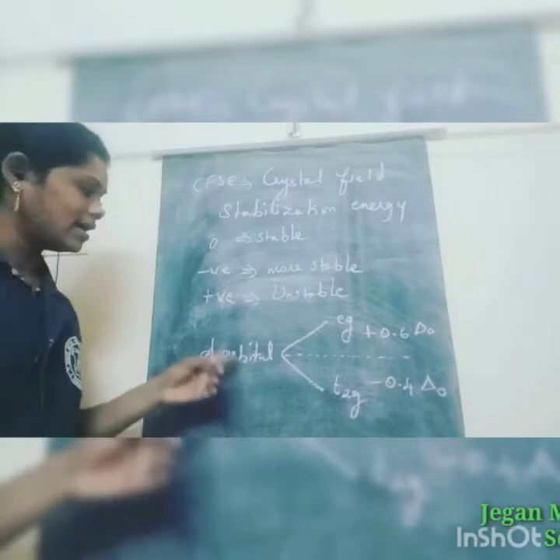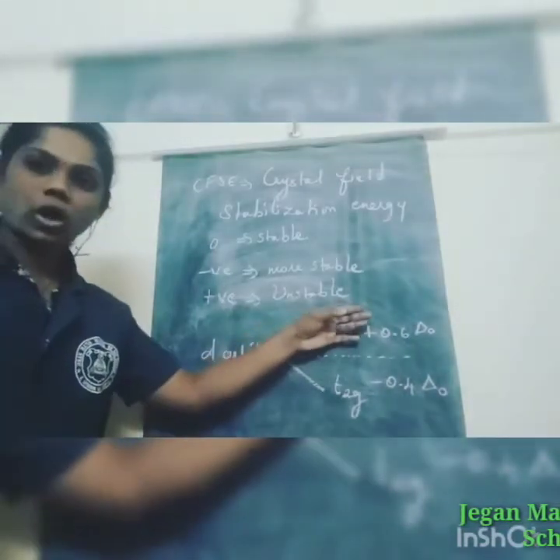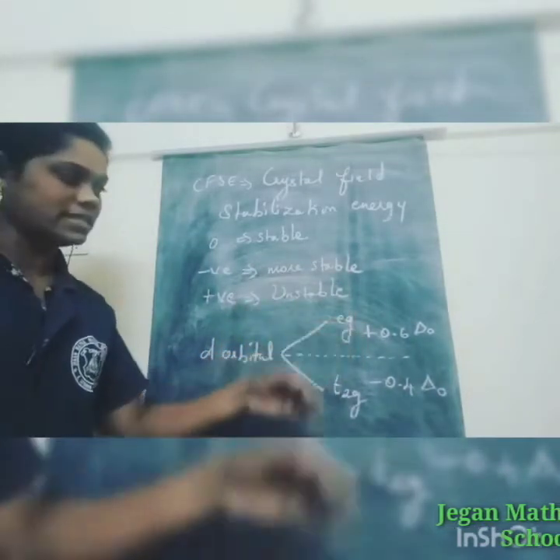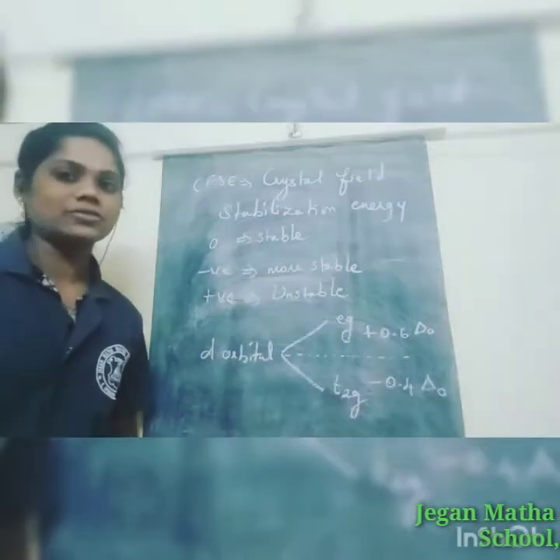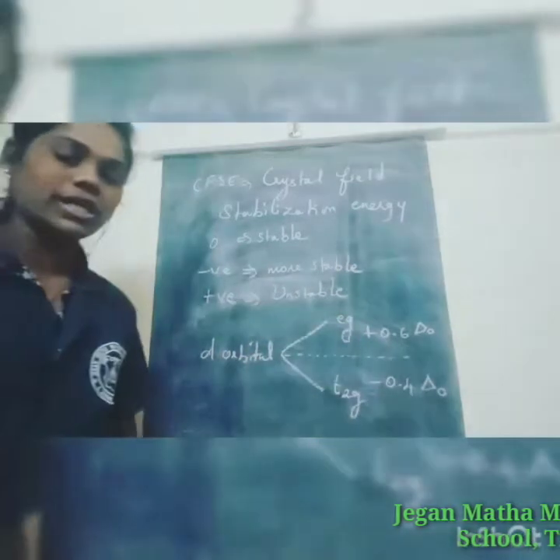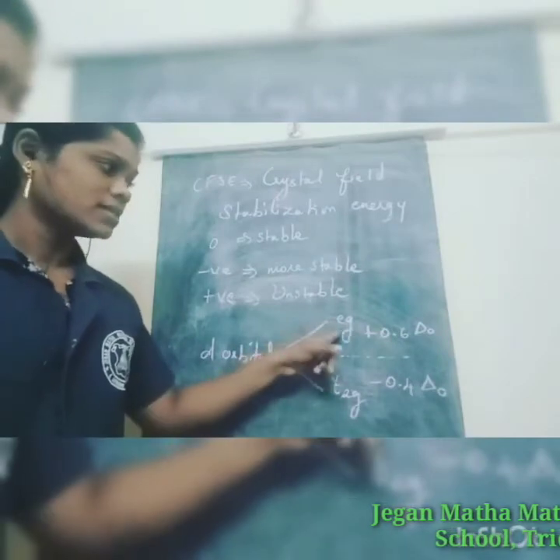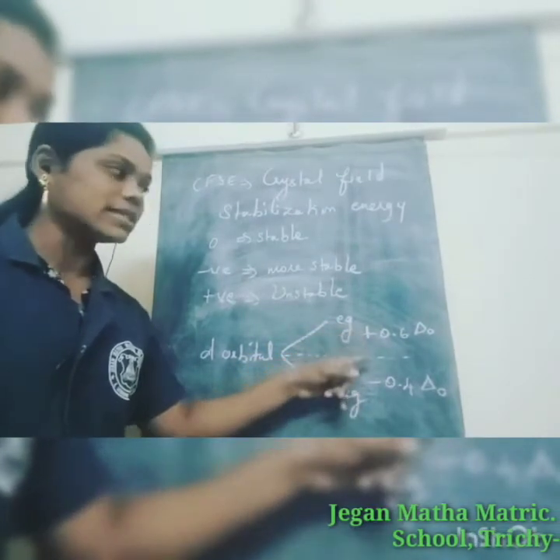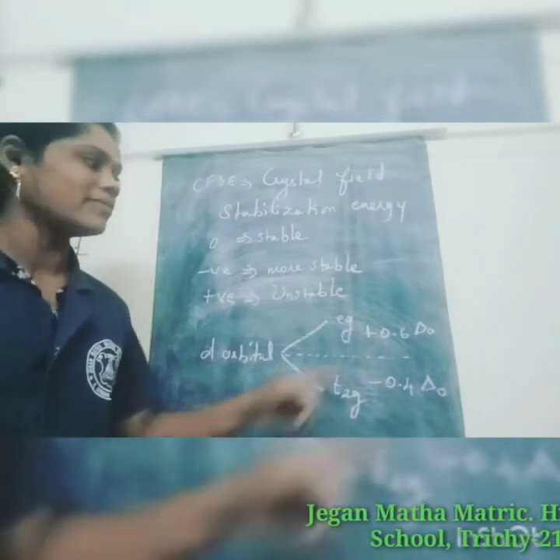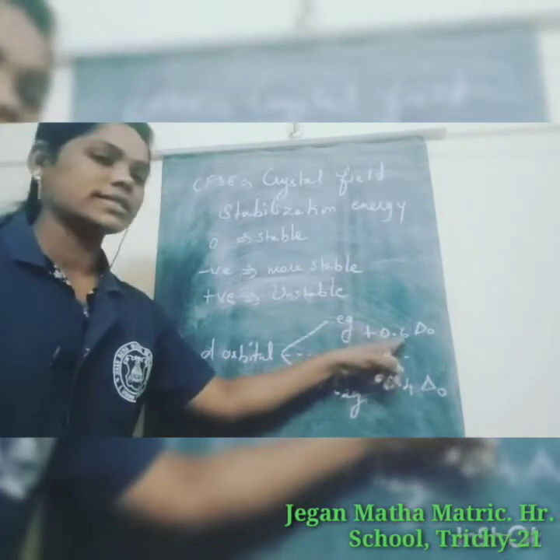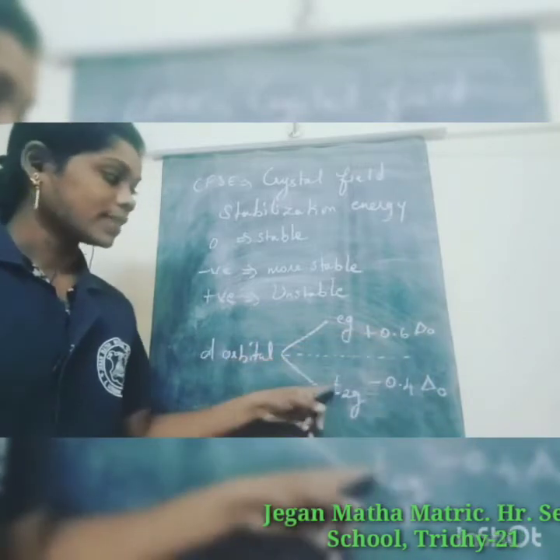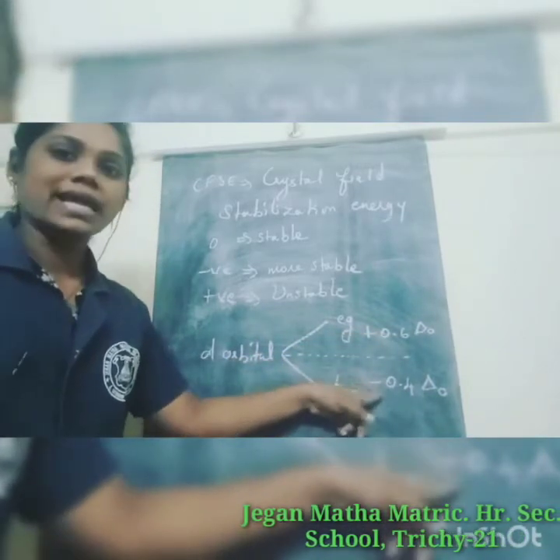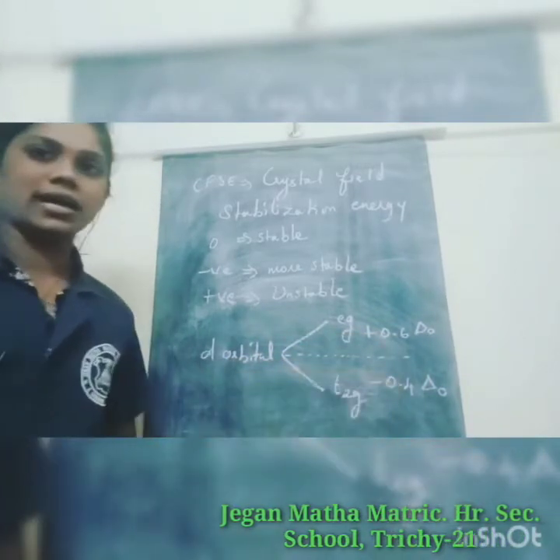Next, the d orbital splitting diagram for octahedral. Here the top, the excited state, is Eg and the next one, the ground state, is T2g. So totally two sets are present here. The center is named the barycenter. Here the values increase, so increase means we put plus 0.6 del octahedral. Decrease means the value is minus 0.4 del octahedral.